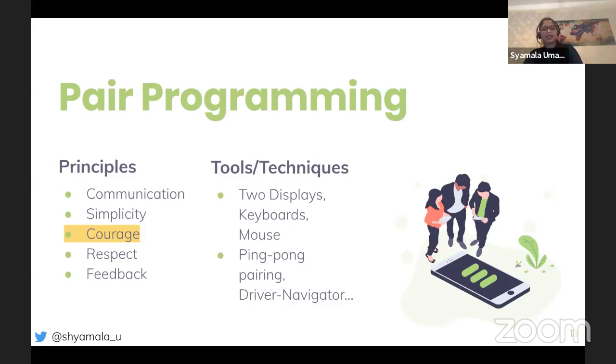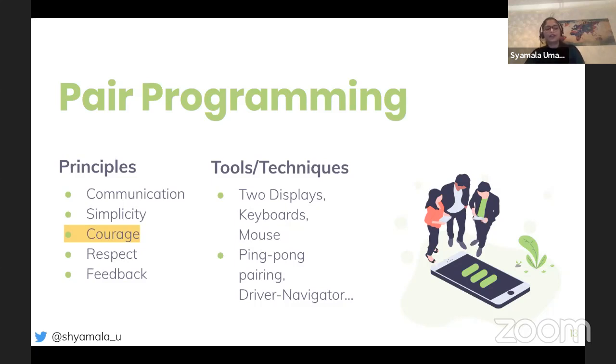The advantage of this is that it allows us to break the knowledge silos. So everybody in the team gets knowledge, and one of the main constructs of pair programming is that the engineers are rotating every day within the team which is responsible for building the product, which means there is a good notion of team morale and collective ownership of the code.